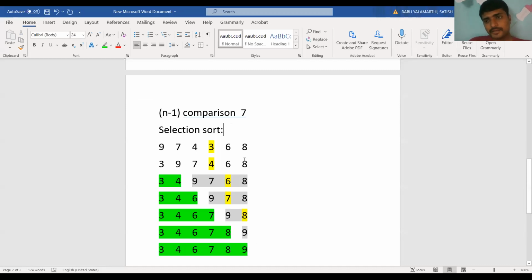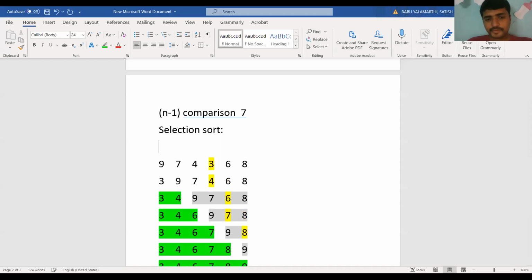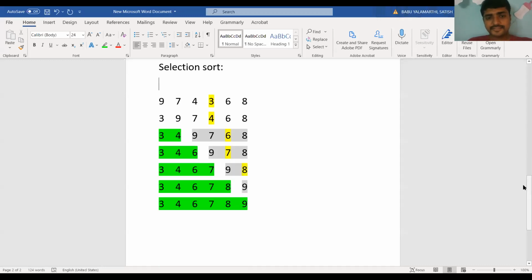Compared to the bubble sort, selection sort efficiency is somewhat better. So the idea behind it is that we have to identify the smallest number, then place the smallest number as the starting element of the array. We will divide the array into a sorted array and an unsorted array. In the unsorted array, we identify the smallest element and place it in the sorted array. So this is the selection sort.